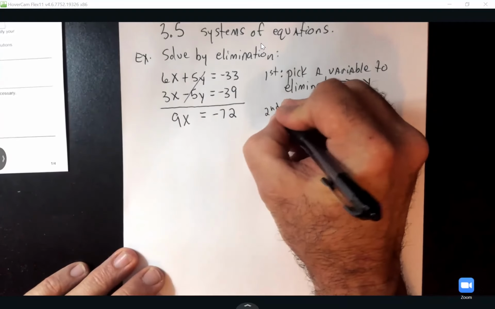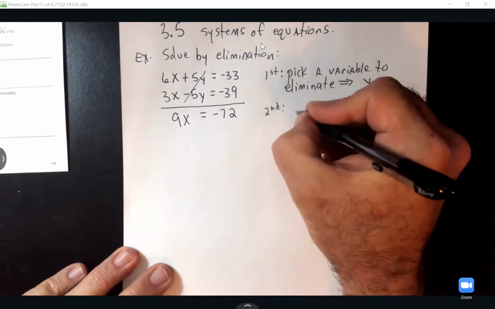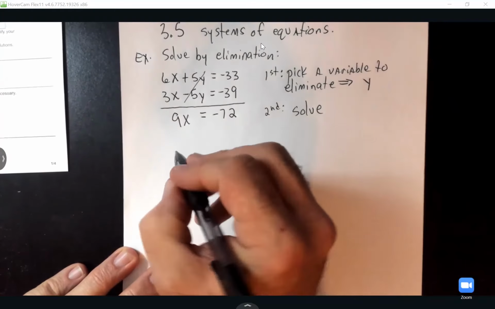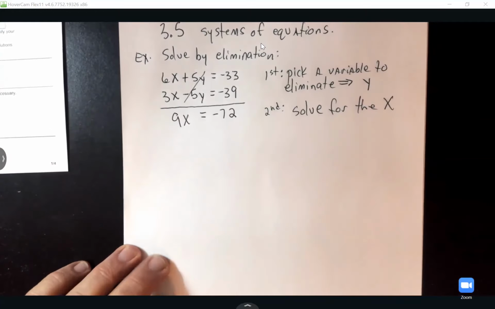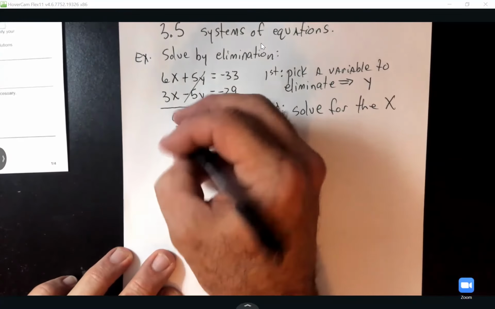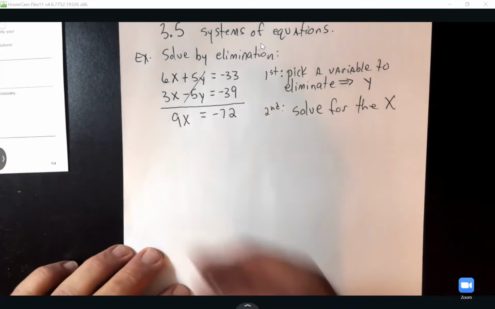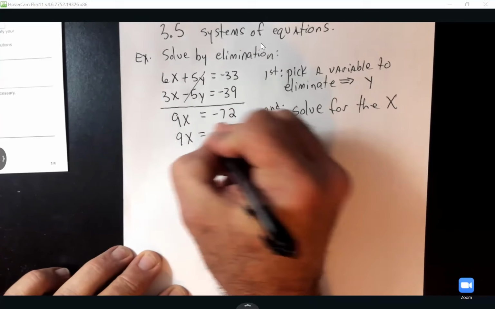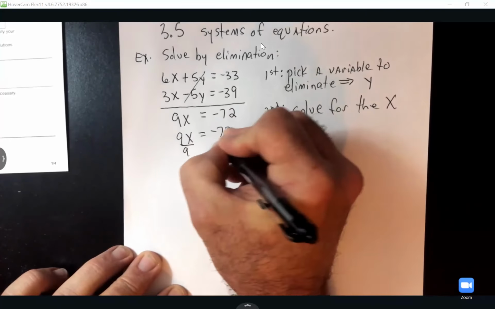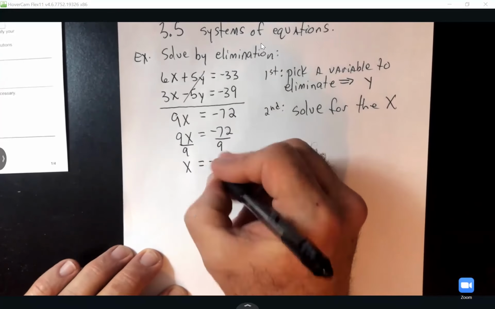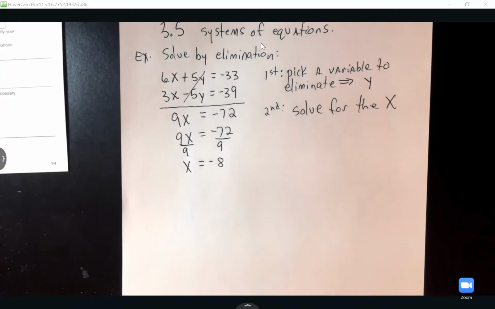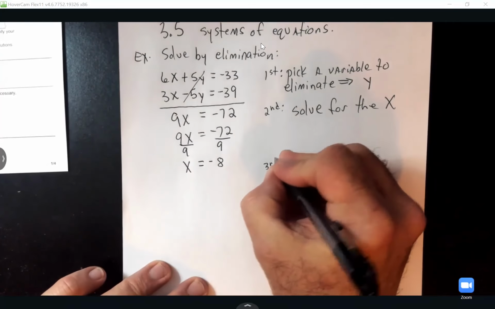So now that I've eliminated the variable, I'm down to a single variable. So now I'm going to solve for the x variable. And that's all that's left. And y'all can do this in one step, right? Divide by that 9. So we know x is negative 8. So now that we know x is negative 8, we need to figure out what the y variable is going to equal. So our next step,